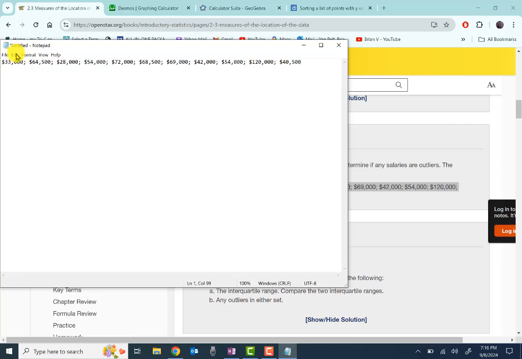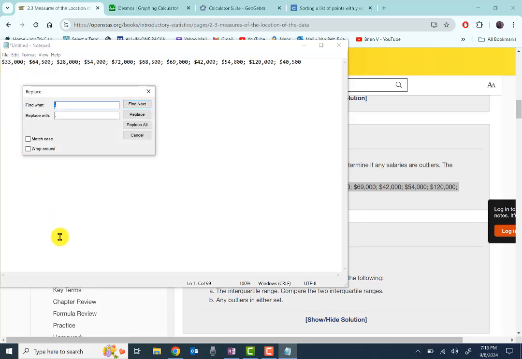Now, if you go into here and go edit, you can replace. The first thing I'm going to do is get rid of the commas and replace them with nothing. So if you hit replace all,